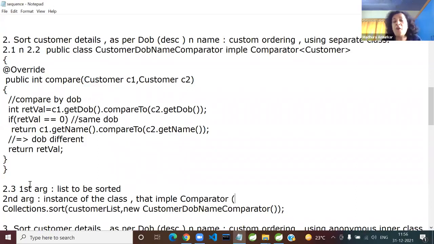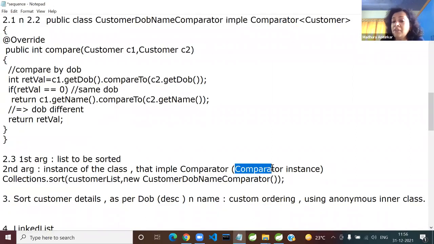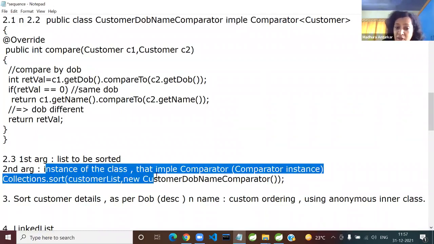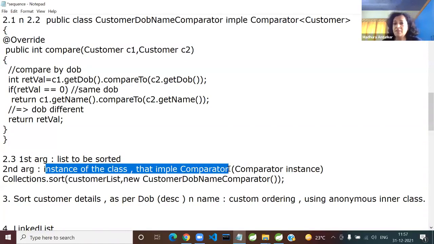So as a short form, we call it comparator instance. But don't be shocked. Comparator is an interface. Interfaces can never be instantiated. So anytime you hear the word comparator instance, what it means is the instance of the implementation class.